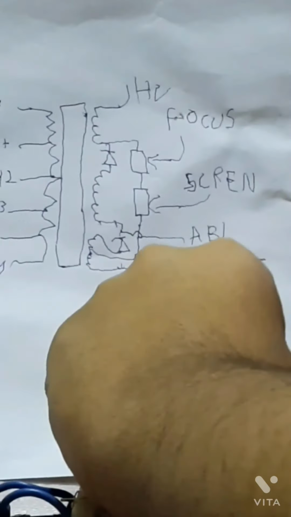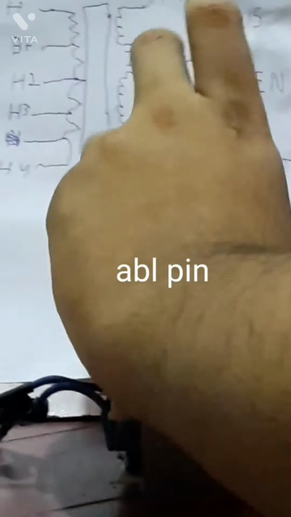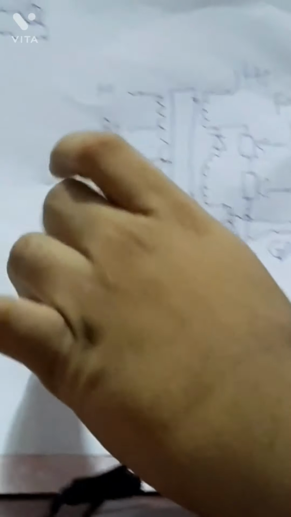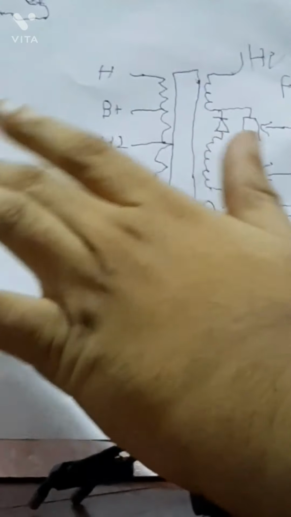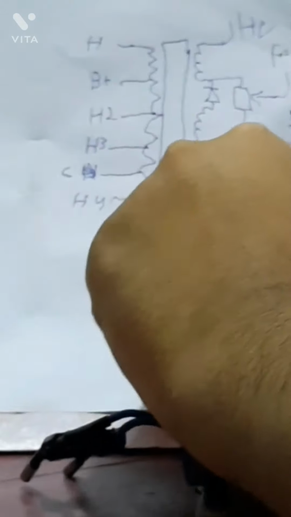HD means heater. You may know that in a CRT TV, they use a heater inside which heats the neon gas inside to start a reaction in the tube, to blow the tube filament to turn on the tube, and this is just for the contrast of the picture tube of the CRT. For more about CRT, you can watch other videos on the internet. I don't have a CRT video uploaded right now, but in the future I might make a teardown of a CRT and a video on how it works.